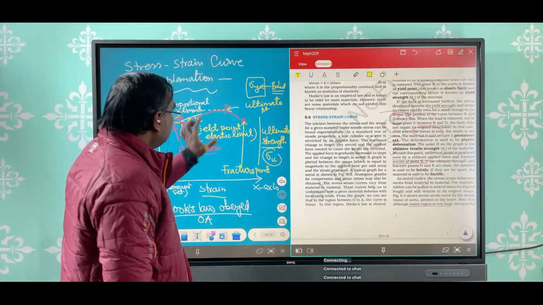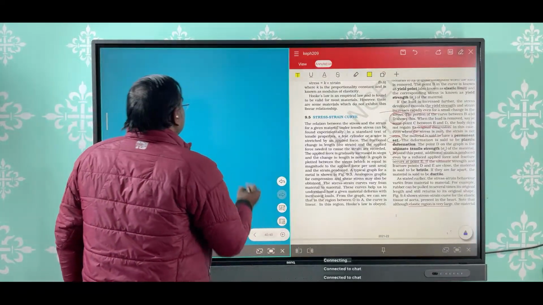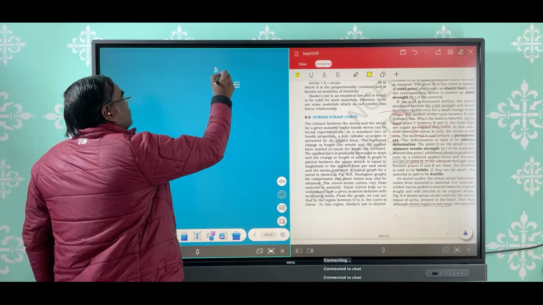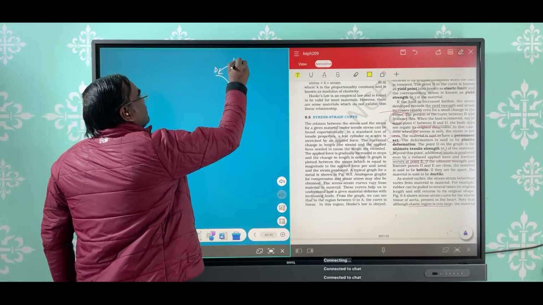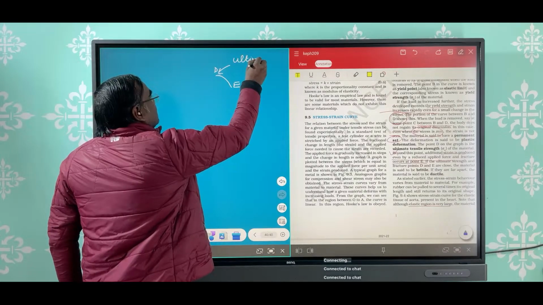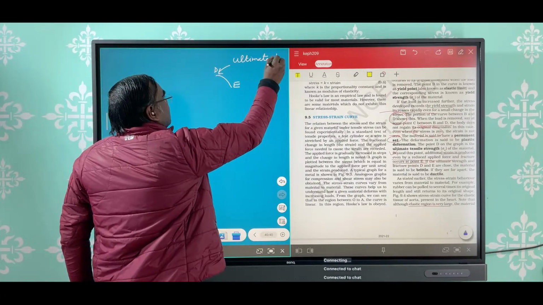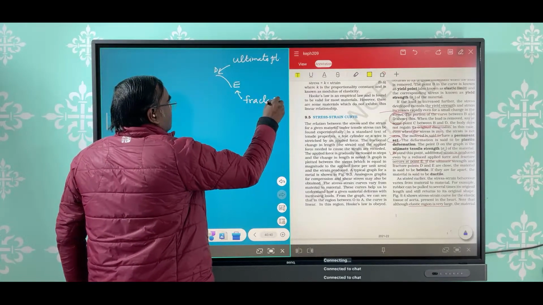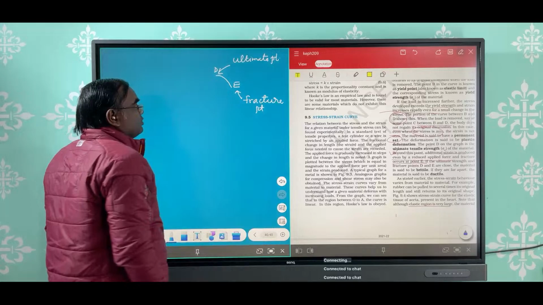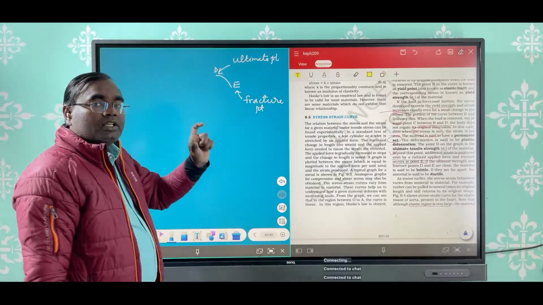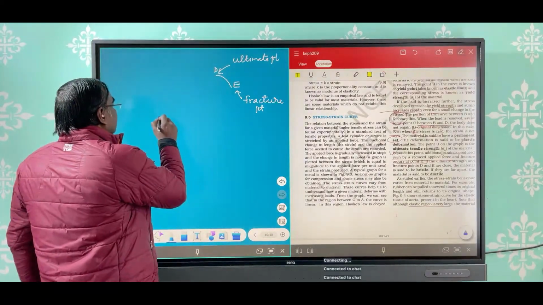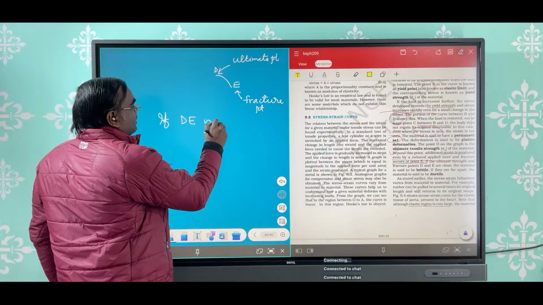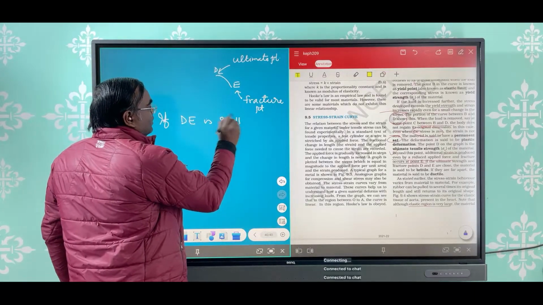अब कुछ पॉइंट्स हैं डी और ई के बारे में बात करते हैं. जैसे हमने डी से ई के बीच में ये ग्राफ खींचते हैं, ये डी और ई. तो ये डी पॉइंट क्या है, अल्टीमेट पॉइंट है, और ये क्या है, फ्रैक्चर पॉइंट. ये तो हम लोग समझ चुके हैं. लेकिन यदि डी और ई वेरी क्लोज हो, मतलब if DE length is very small, is small,